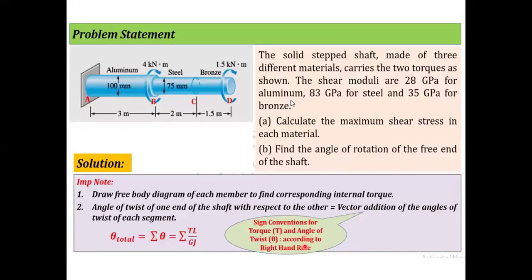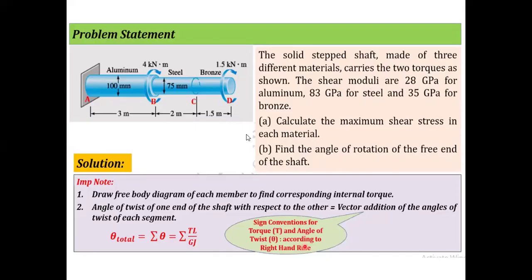Let's consider this example of a shaft. A stepped shaft is made up of aluminum, steel, and bronze material. This shaft is subjected to a torque of 1.5 kilonewton meter. Now look at the direction. The curled fingers denote the direction of rotation. It is anti-clockwise, with 1.5 kilonewton meter at point D and 4 kilonewton meter at point B. The lengths of the shaft are given as 3 meter, 2 meter, and 1.5 meter, and the shear modulus is given as 28 GPa for aluminum,